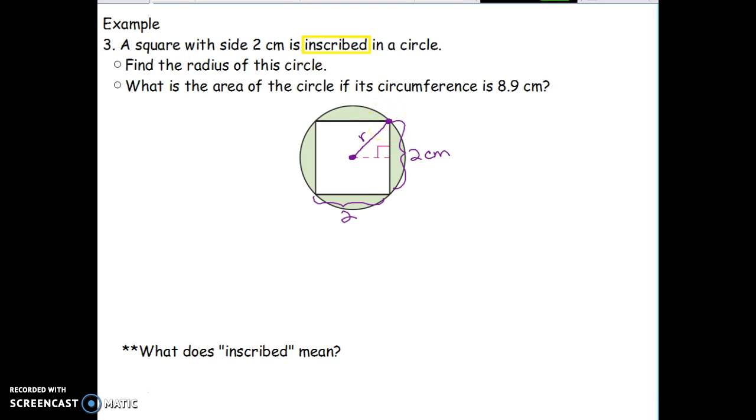So in order to find that radius, it looks like we have this little right triangle here, so maybe we're going to need to use the Pythagorean theorem again to figure out what our radius is. So if the length of this side here is 2, then that means that this length is going to be half of that, because this is the center, so this would be halfway across. So this is going to be 1 centimeter. And same thing with this little piece right here. This is also going to be 1 centimeter. So we now have